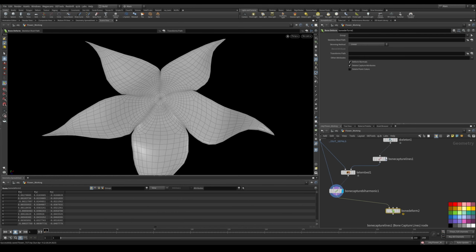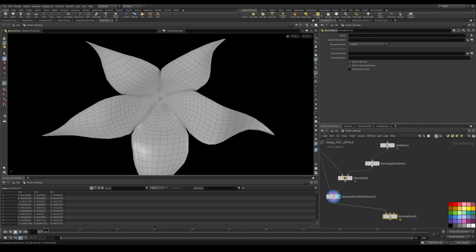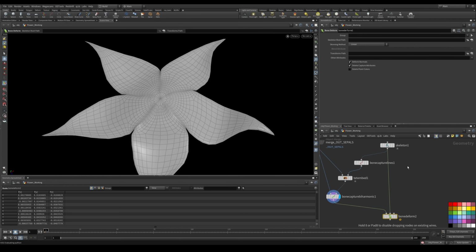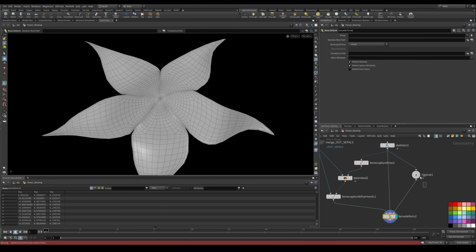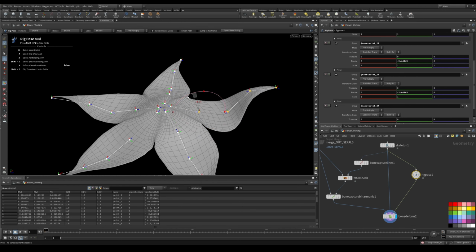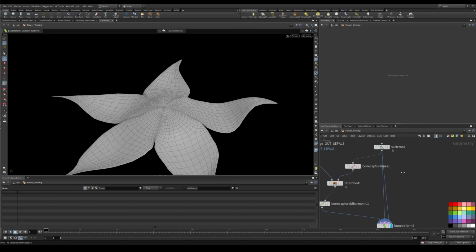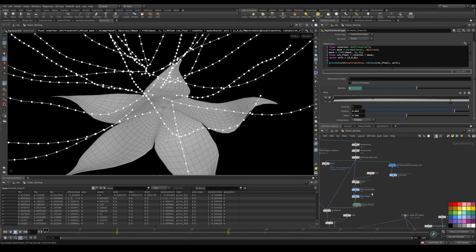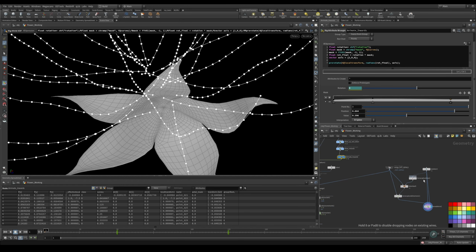And as before, we can now plug our skeleton into here. This is our rest geometry, and then we can use a rig pose. I like to do this just to make sure that this is all working. So if we grab one of these, it is working. I mean, you can even manually do this if you want, but we will use a little rig wrangle, just a super quick one like we did up here without all the fancy stuff. So we can actually copy this over,